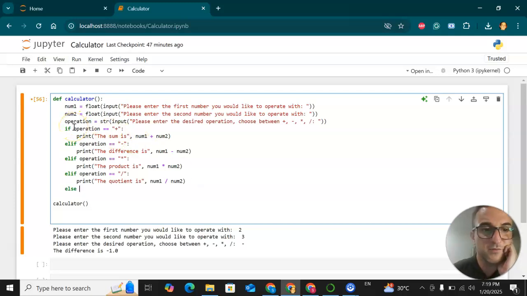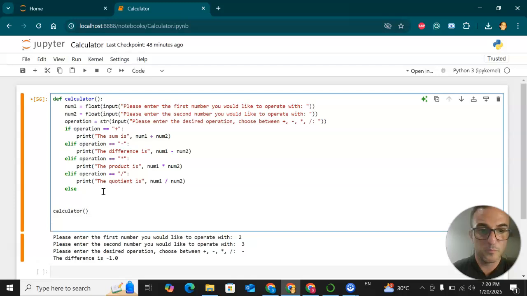So this, let me break it down for you. If we see a plus under operation, sum, elif, other cases, you can include as many elifs as you can. And then, fully recommendable, introduce an else. Else applies to everything that is not if or elif. So let's say that the user enters the x for multiplication instead of the asterisk. Then the program will crash unless you tell the program that if you see any other operator that is not the 4 that we indicated, else,